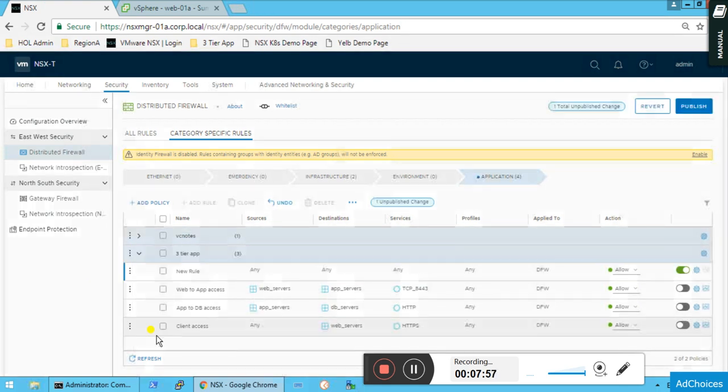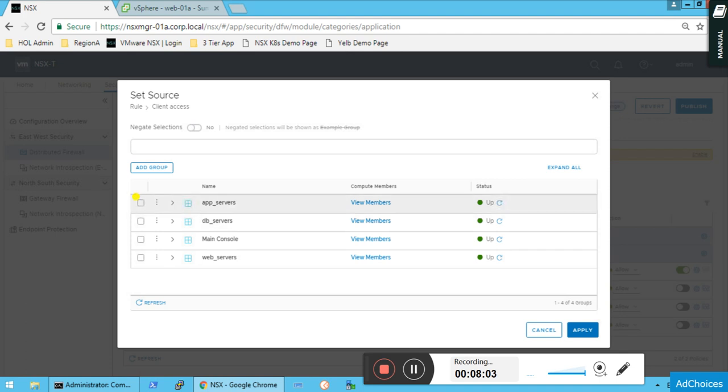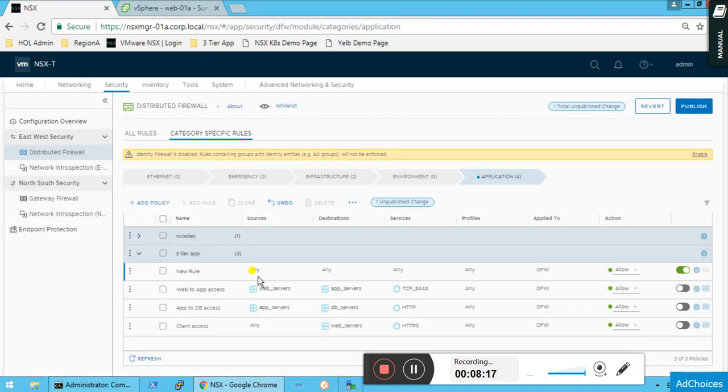Add rule. So I'll create a specific rule, very specific. I'm creating it between web and client machine and my app server. So I want to enable the access for my app server.